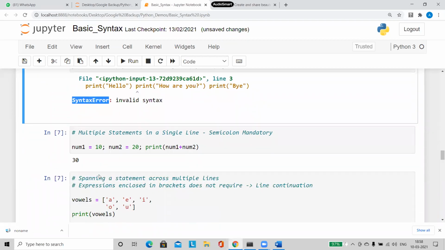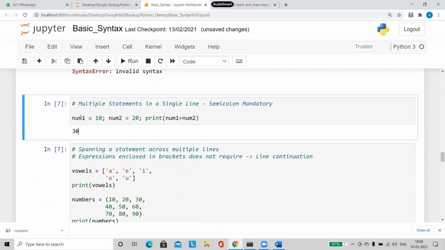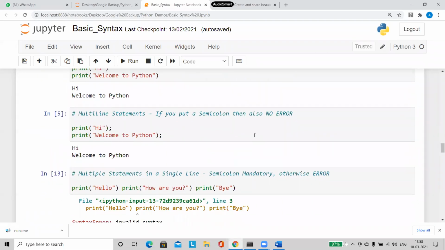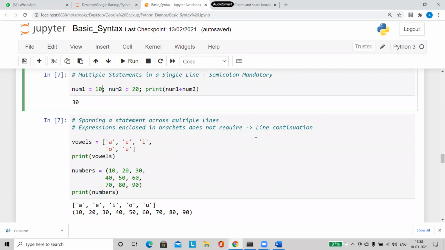Now, see again what I have done. First statement, semicolon, second statement, semicolon, third statement. So when you're having multiple statements in a single line of code, then semicolon is needed. Otherwise, semicolon is not mandatory. So this point always remember.